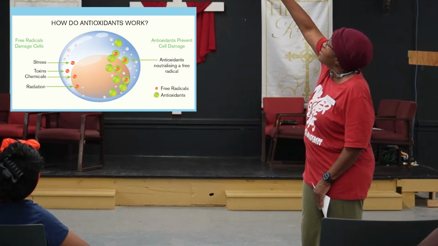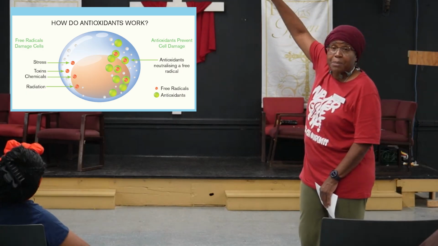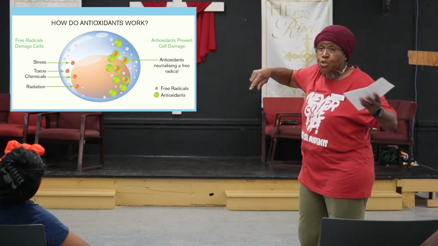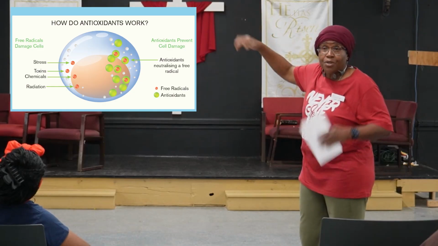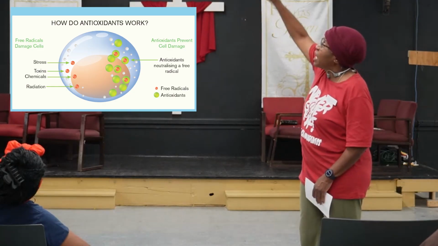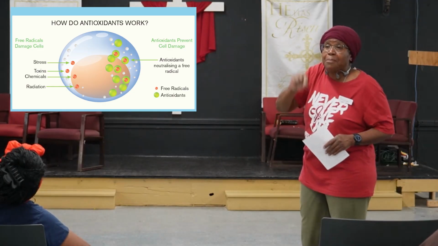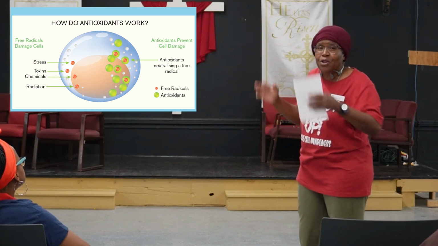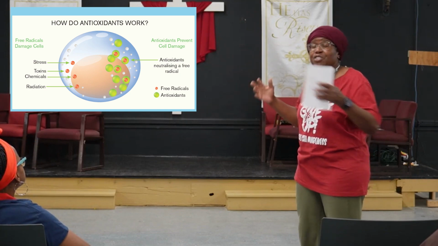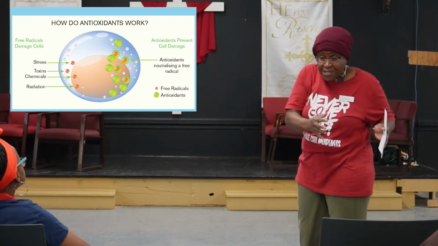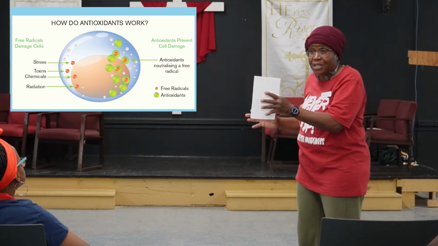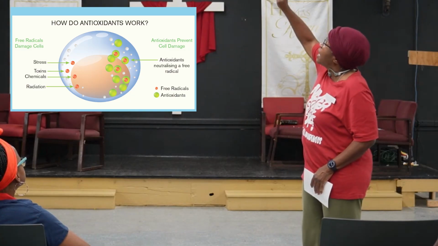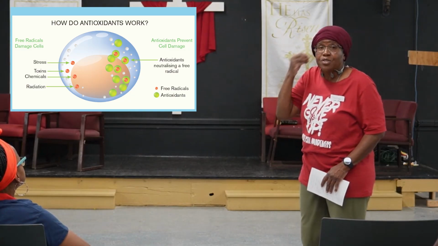Stress can cause oxidative stress because it can break down cells. Toxins, air pollution, cigarette smoking, those kinds of things are toxins. They can cause free radicals. They damage cells. And when you damage cells, you're releasing that intracellular material. Stuff that's in the cell is now out of the cell, and it shouldn't be, but it's damaged. Okay? Chemicals can damage the cells.